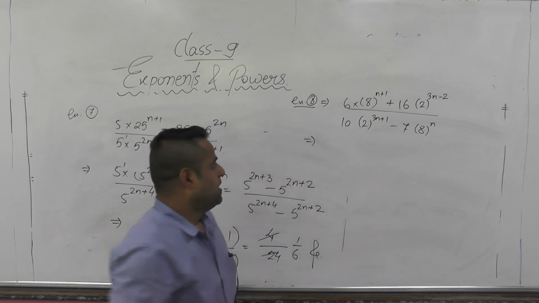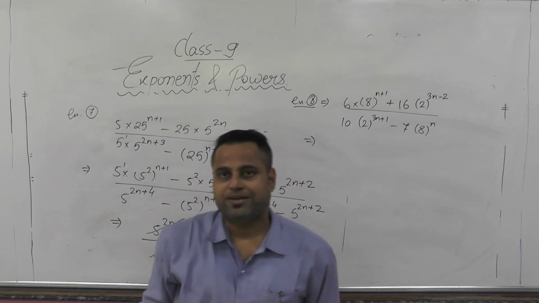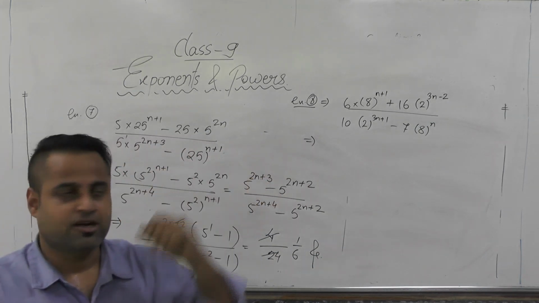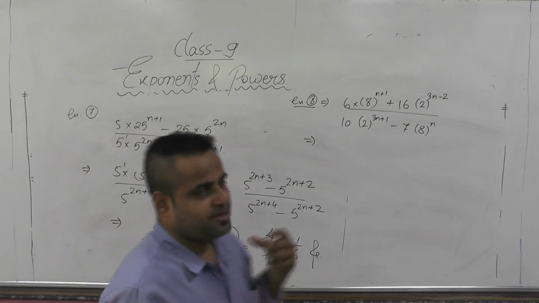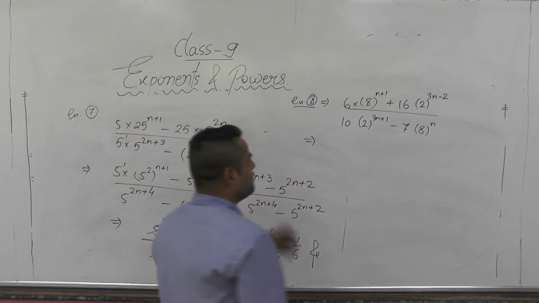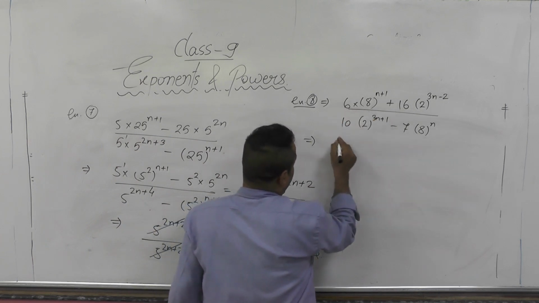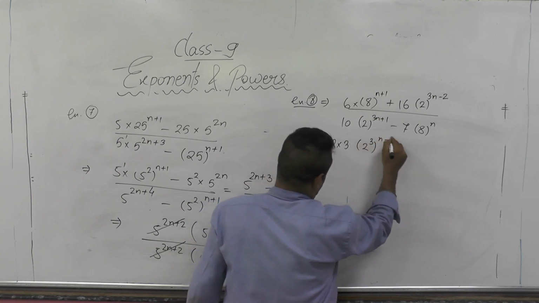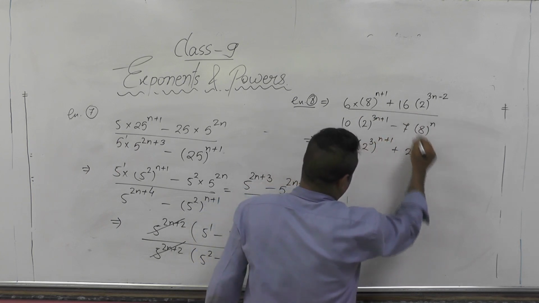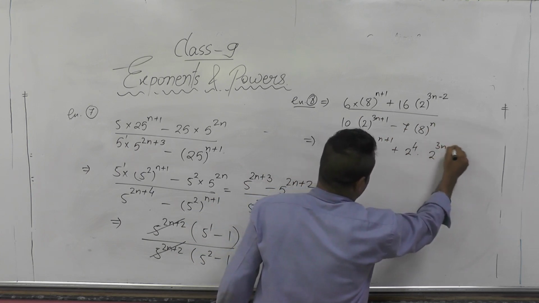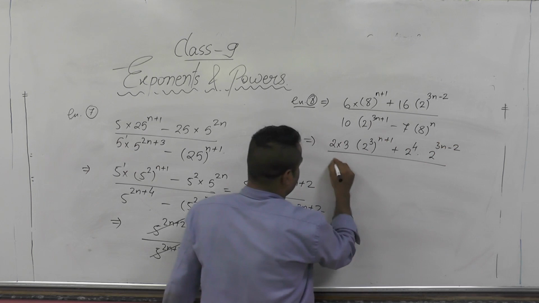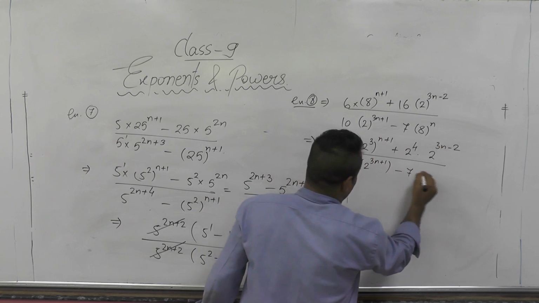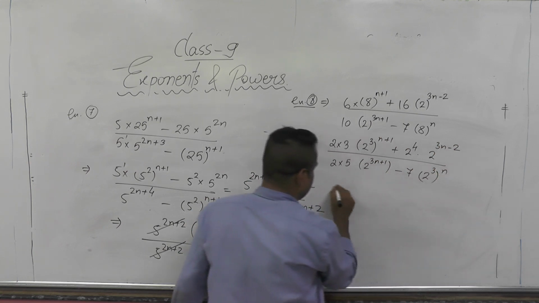Now, as you can see the question, what comes to your mind first is that the numbers are all in variant: 6, 8, 16, 2, 10, 7, 8. So what we are doing here, we can separate it with the least power. The least power would be 2. So 6 I can write as 2 threes, this 8 I can write as 2 to the power 3 whole power n plus 1. Here 2 to the power 4 is 16, 2 to the power 3n minus 2 is here. In the denominator 2 fives are 10, 2 to the power 3n plus 1 minus 7, 2 to the power 3 whole power n.